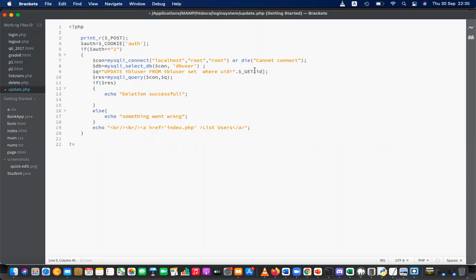Here I have to post the user ID because I'm sending this as a POST request, right? Okay, let's write the code now. Set what? You have to set one by one, right?